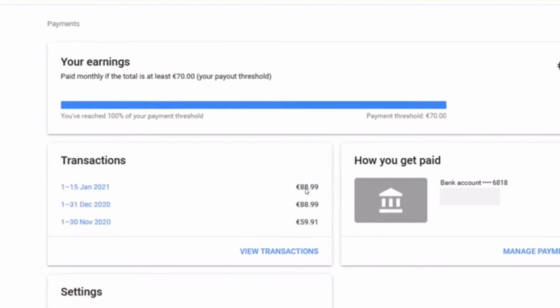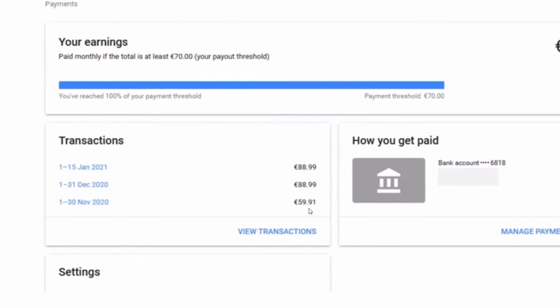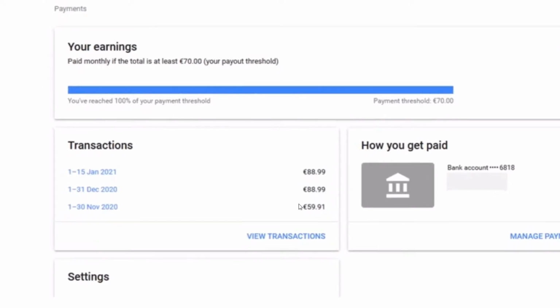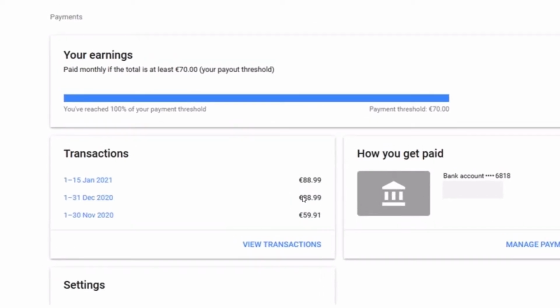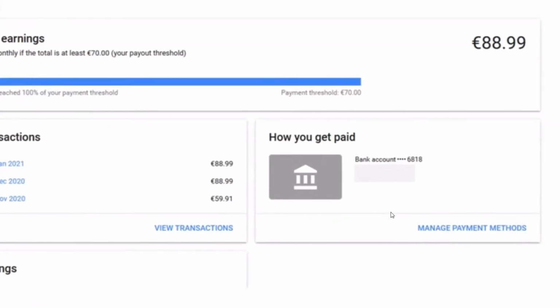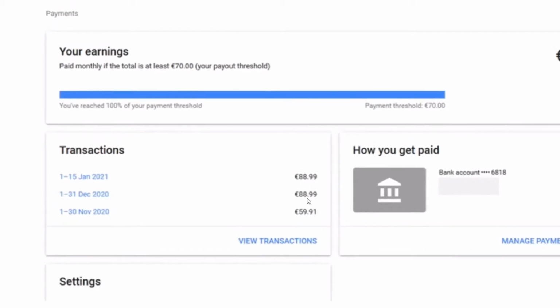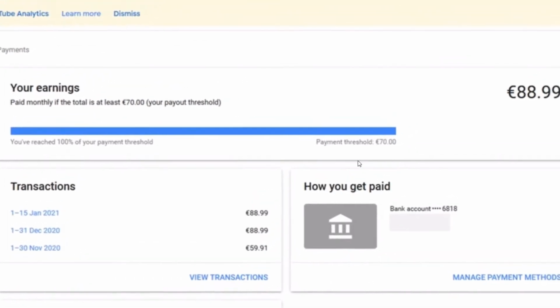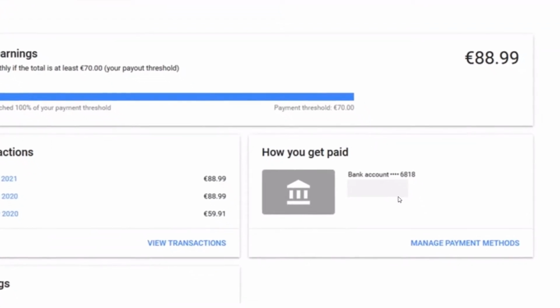However, when I finally received my payments for the month of December, on the 11th of January, the payments for the month of December increased my balance from 59 to 88 point something. So right on the 11th of January, when I received the 29 point something, my balance went from 59 to 88 point something, exceeding the 70 euros threshold. I was supposed to have received my money directly in my bank account. This is what I thought, but which isn't the case.